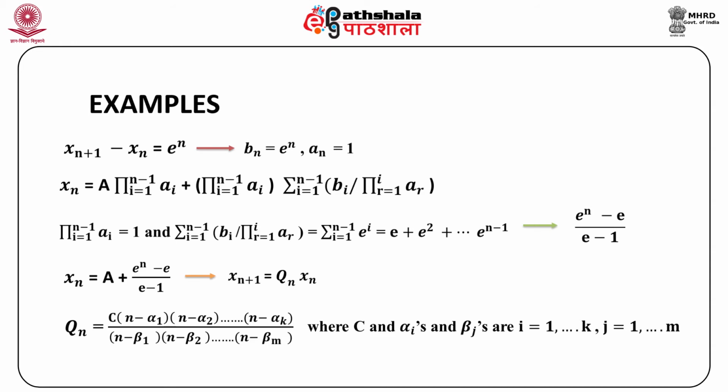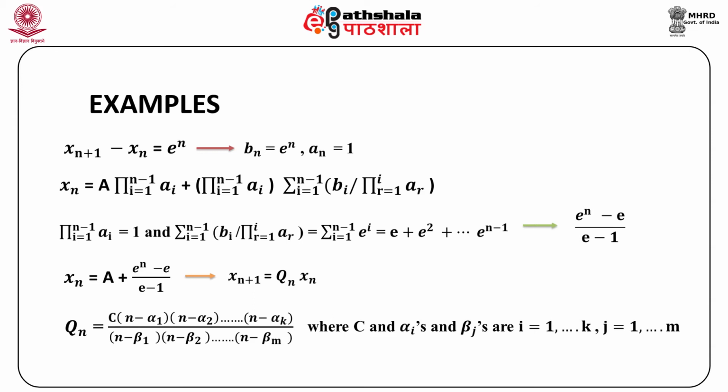As seen earlier, the solution is given by xn is equal to the product from i equal to 1 to n minus 1 of ai plus the product from i equal to 1 to n minus 1 of ai into the summation of i from 1 to n minus 1 of bi divided by the product from r equal to 1 to i of ar. As the product from i equal to 1 to n minus 1 of ai is equal to 1, and the summation from i equal to 1 to n minus 1 of bi divided by the product from r equal to 1 to i of ar is equal to the summation of i from 1 to